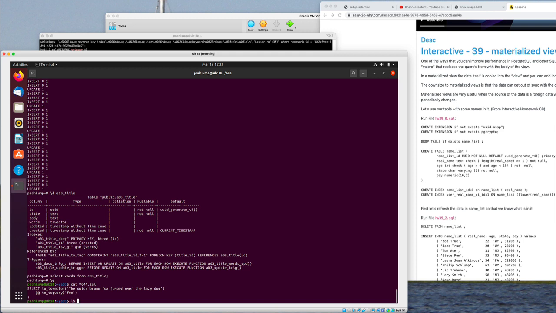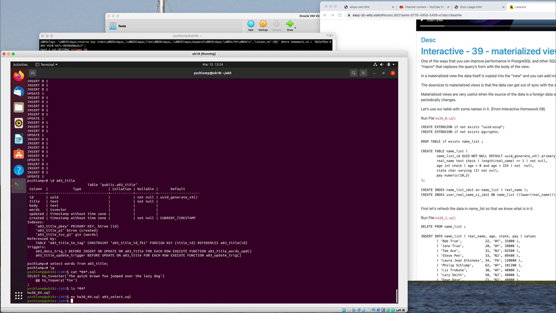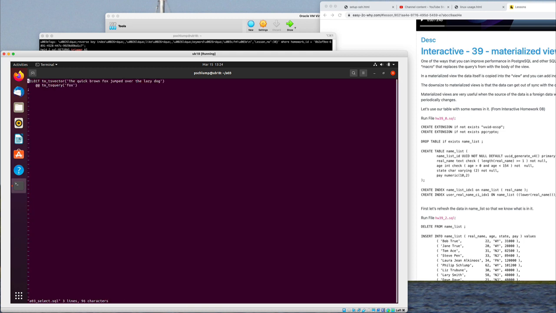I had to look at my notes to see which one it was, but let's make this homework 3, A03 select. So what we want to do is select star from whatever that table was, A03 title, where,